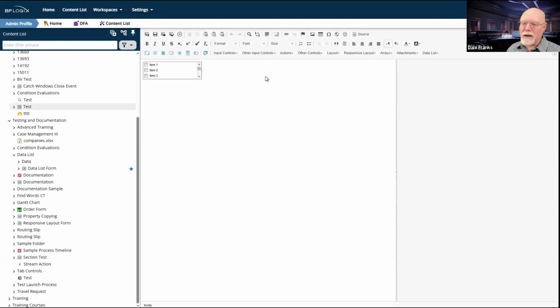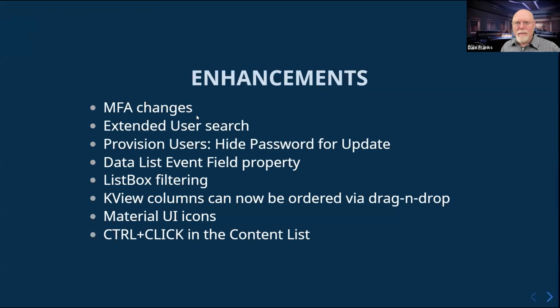The list box is often a very useful control, especially if you need something like a drop-down, but you need to select multiple items. By default, drop-downs select a single item. And so adding that to the list box, especially if you have a large list that you're pulling from a database that may have 100 items plus in it, it is much more convenient to just be able to search via a type ahead and to pull up just the options that you're looking for.